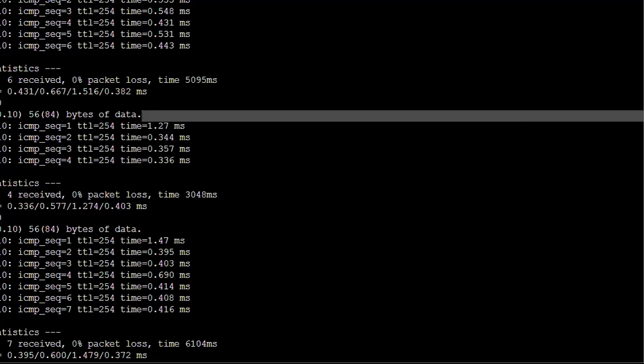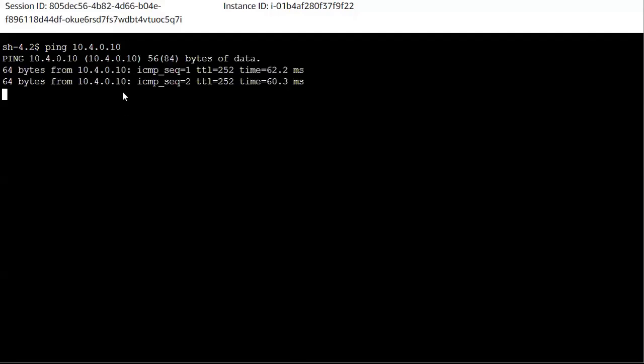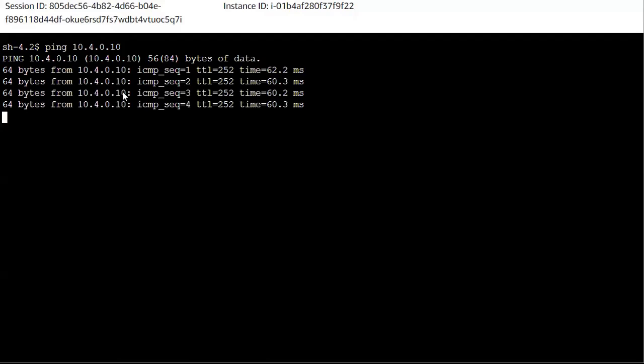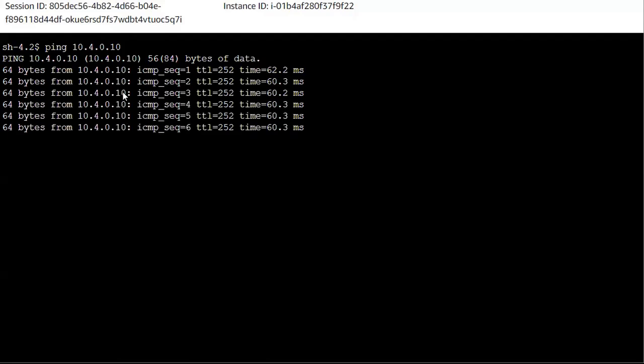Now I'm just reloading this page so that this will open my server A related instance. This is the server A related instance. I'm pinging my server E, where that server E is present in another region VPC, and we connected them through the transit gateway peering connection. I'm just pinging that. You can see we are getting a response now, but previously we haven't got one, because previously